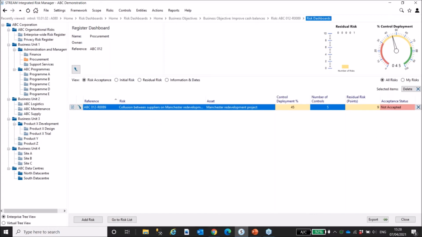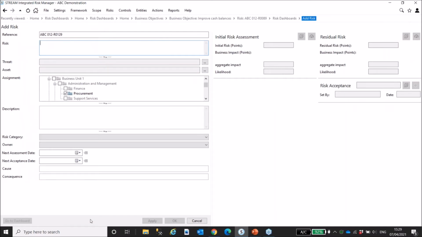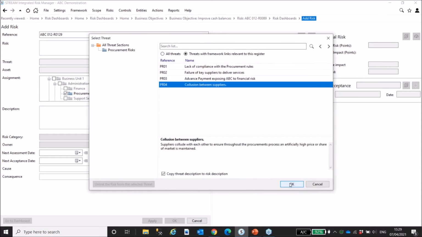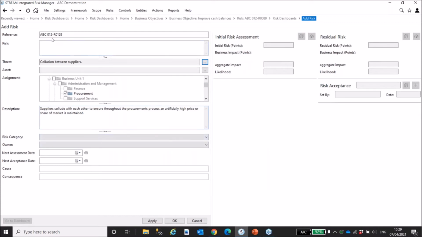Another way to ensure some consistency and to provide some automated support to both identification of risk and of mitigating controls is if we look at adding another risk into Stream and open up the template to do that. I can either select from a catalogue of controls, and why don't I do that, select collusion between suppliers again, just for demonstration purposes. So this is a list of procurement related risks that are within the catalogue that's held within Stream, and I might say that I'm now concerned about collusion